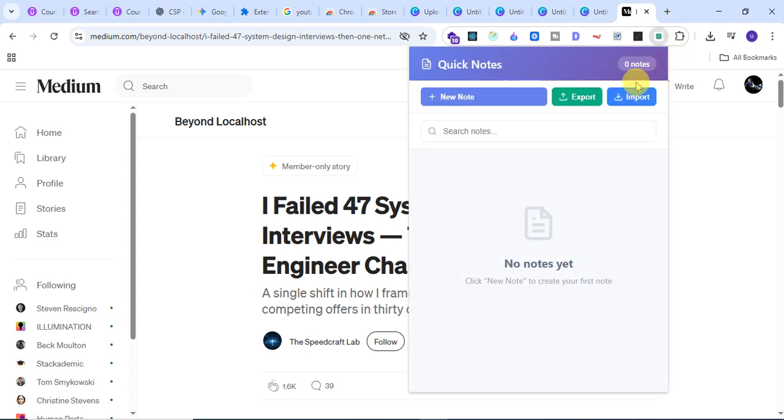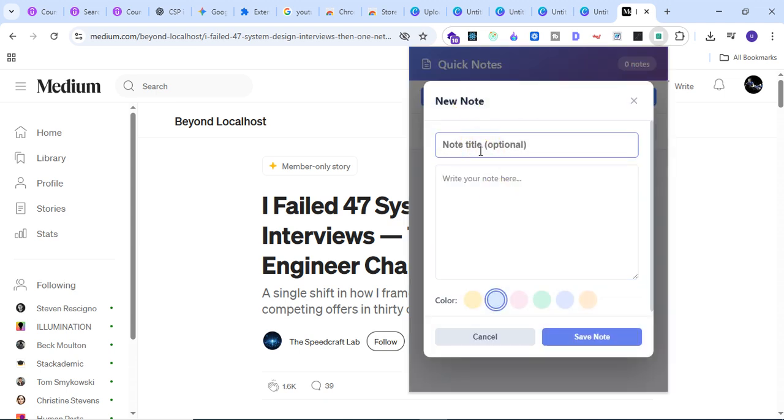So today I will be showing a new extension. This particular extension is basically used for taking quick notes. In this software, or Chrome extension, we can add a note like